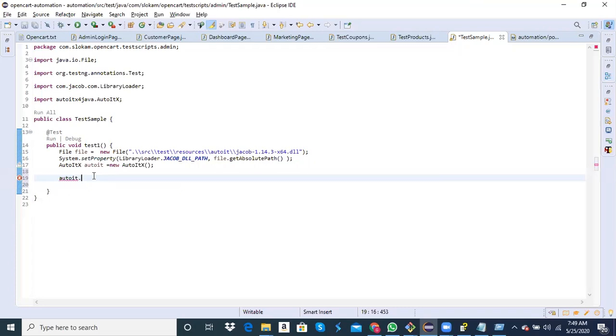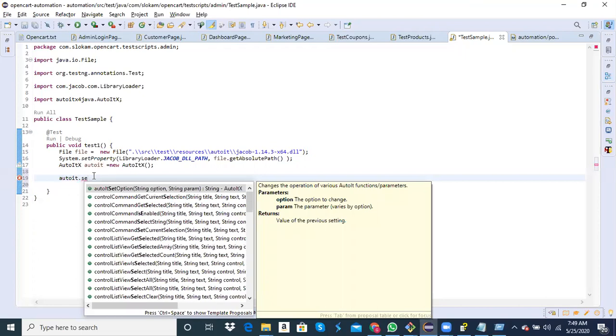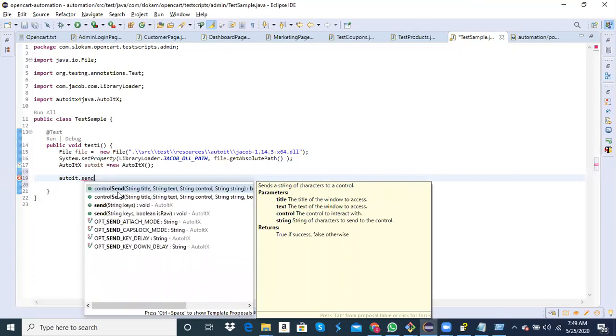And here, when I say AutoIt dot send, there are two versions of send: control send and send. Control send is used when you type something into a Windows locator.